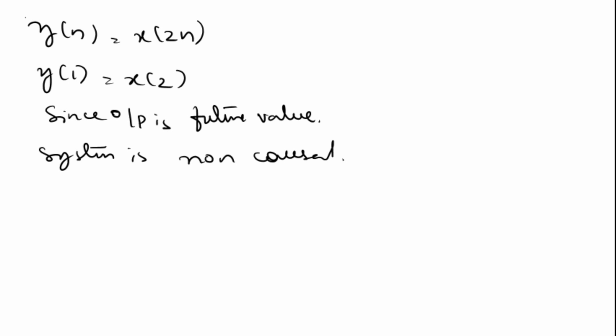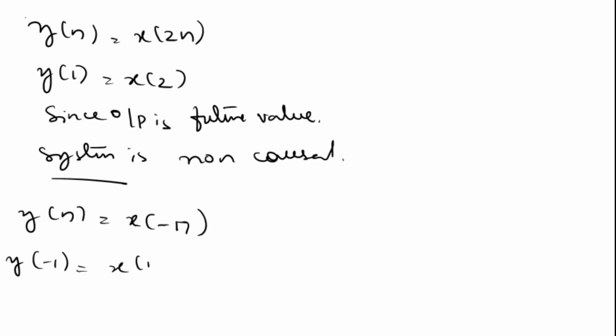Next problem, y of n is equal to x of minus n. Then y of minus 1 is equal to x of 1. Since output depends on the future value of the input, then the system is